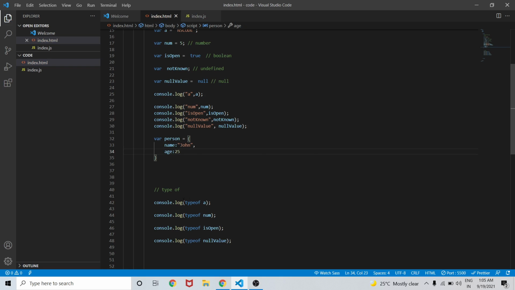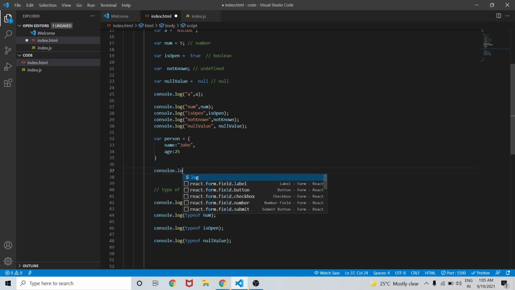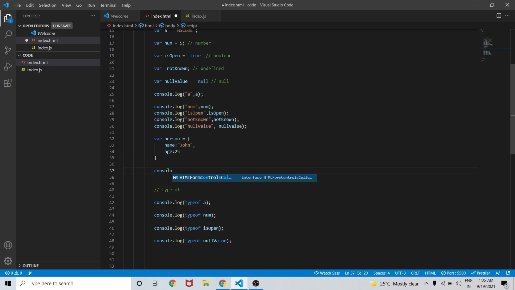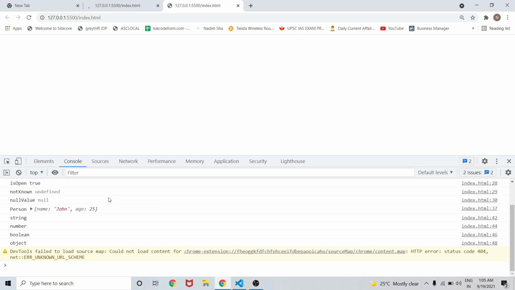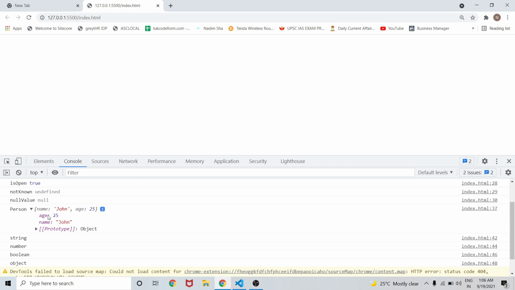If I console.log this person variable, person comma person, we should be getting this object in our browser. As you can see, we have person having properties age and name as 25 and John.